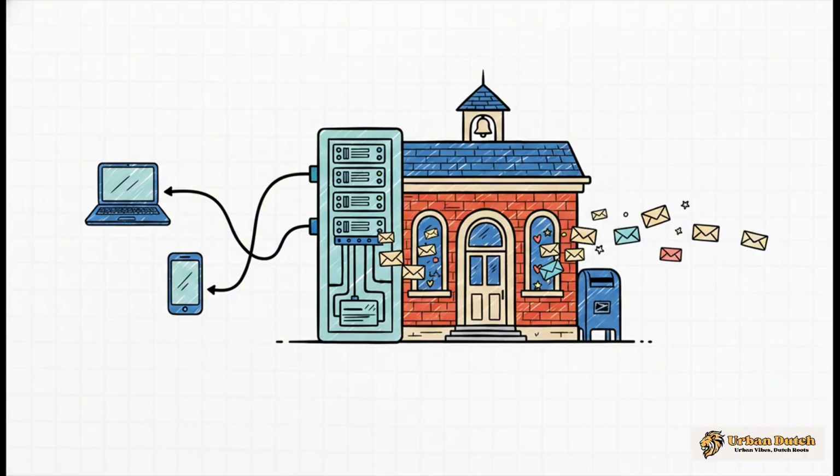And to make sense of this whole thing, we're going to use a pretty simple analogy. Just think of it all like a global postal system for information. It's honestly the perfect way to picture how your data zips from your screen to the other side of the planet and then all the way back.